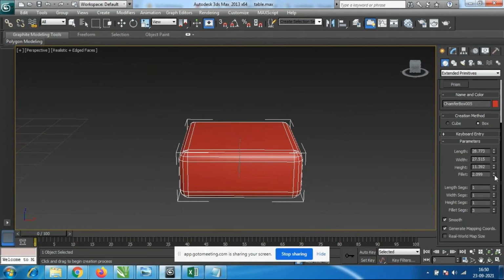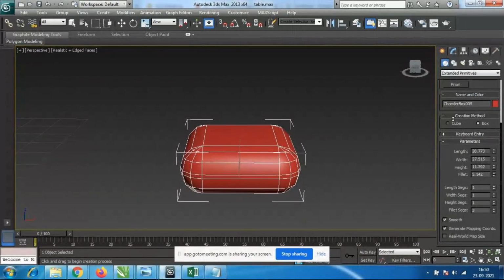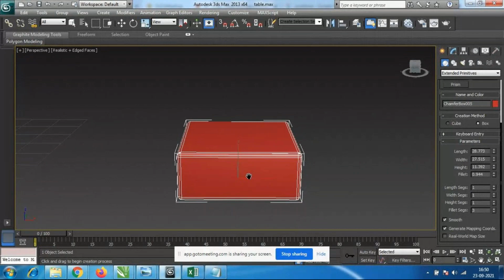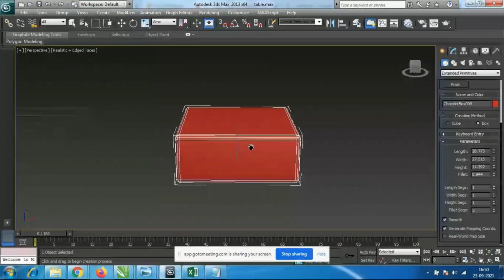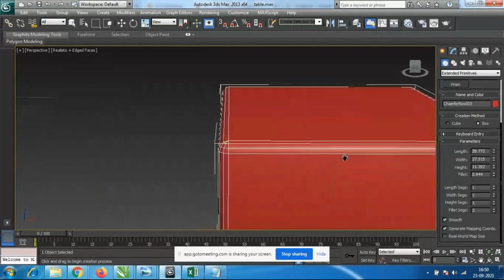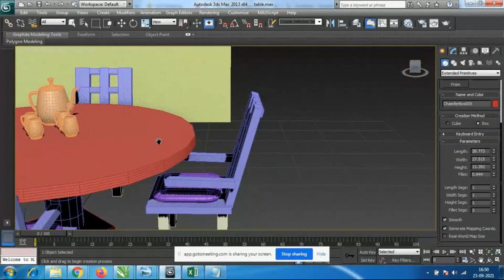Look here, I am just increasing the size, making it more soft, and here a little sharp. Everywhere, any furniture we are making, all the corners should be smooth; no furniture has very sharp shapes like this. We have used all sharp shapes here.